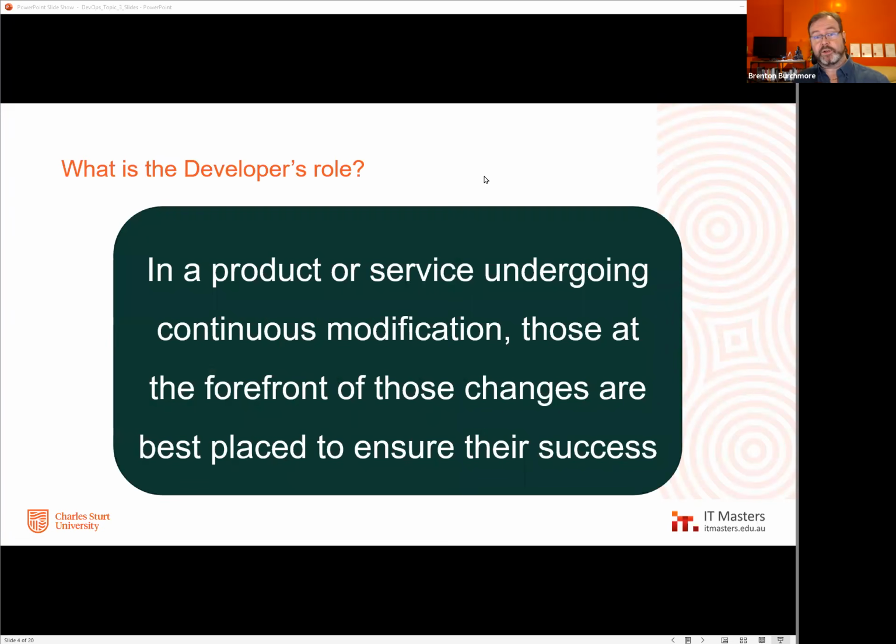Let's start, as I mentioned, with a positioning on the developer's role. And what we're saying here is that for anything that has ongoing modification, like that's what DevOps is all about, the daily push, the short cycle of lead time to get something that's requested and developed and tested and deployed, for those constant changes to be successful, it's the role of the developer that has the key function in bringing that quality and success to life.